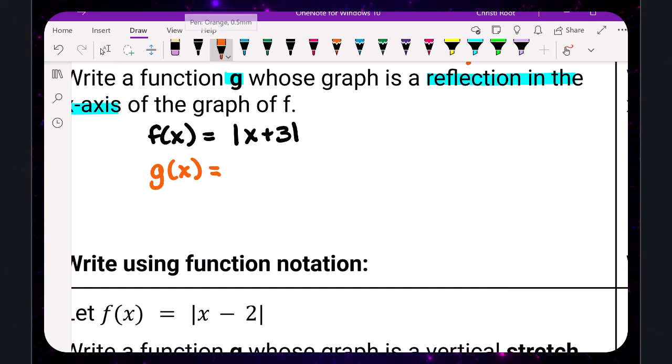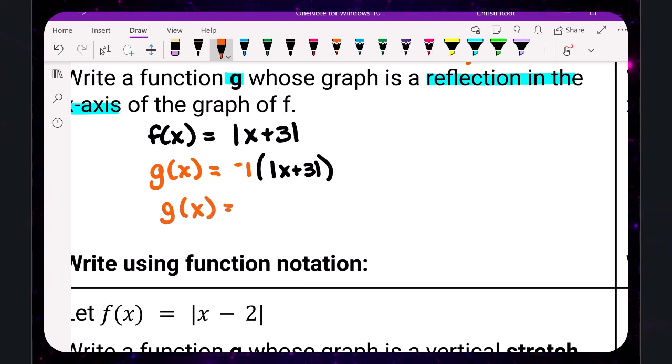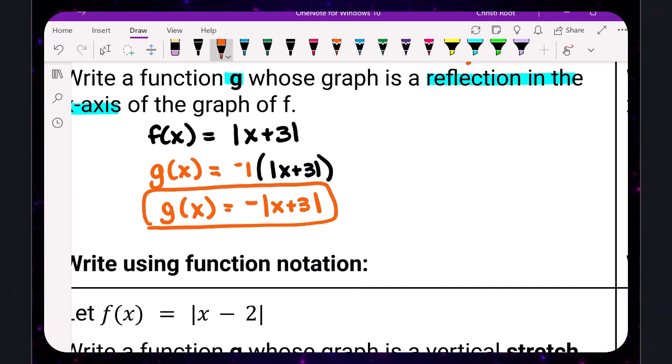So my function is the absolute value of x plus 3. So I'm going to put a -1 here, and I'm going to multiply all of this by -1. Now that looks complicated, but all you're doing really is just multiplying this absolute value by -1. So the only real change that you're going to see is that there's a negative out in the front. That's it. Now there's a reason why I wrote it like that. You'll see in the second example. But this is a reflection